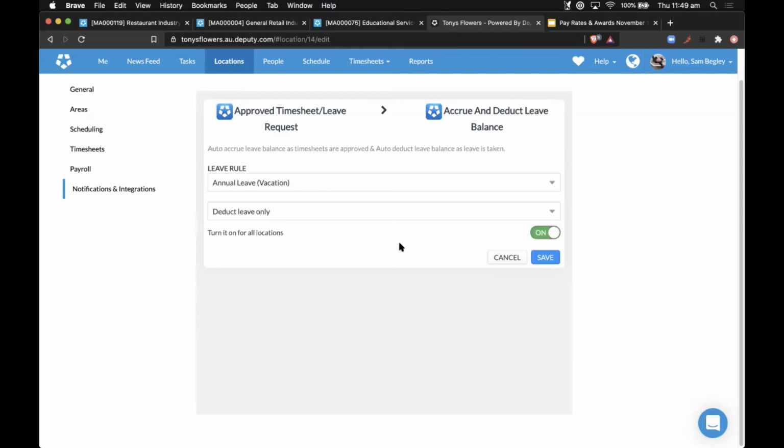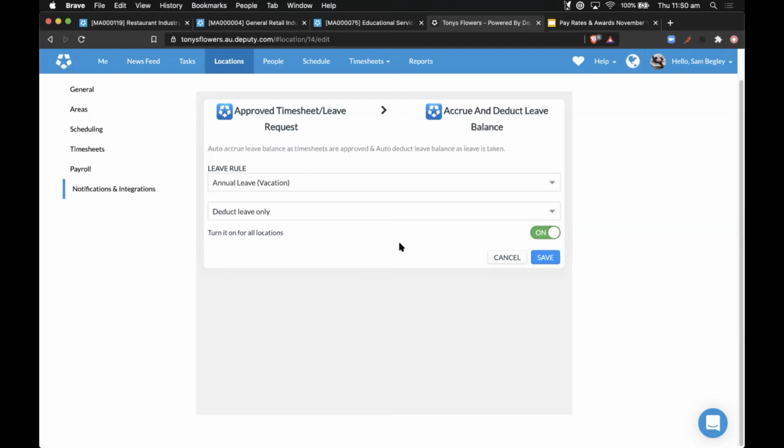What that means is if someone works a single shift even in this location, it will already accrue leave. So if you have a setup where, for example, you accrue rostered day off if someone works over 38 hours or something like that, you might want to create a specific location for this leave accrual. You keep your other locations just as they are, and you create a separate location that you call, for example, RDO or time off in lieu.